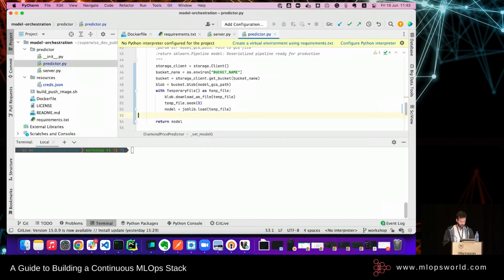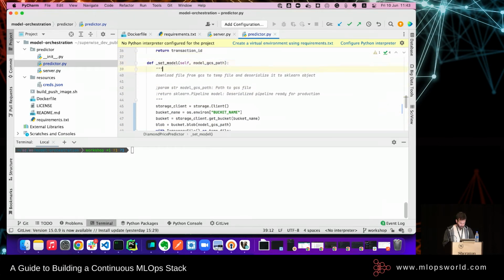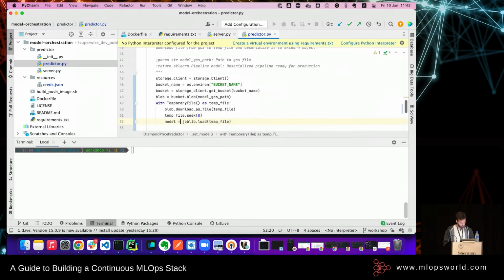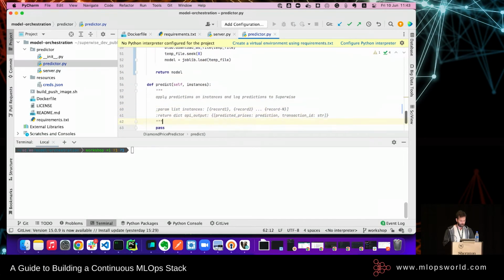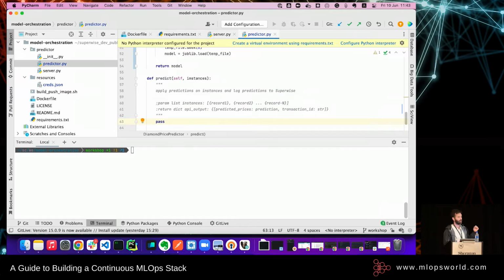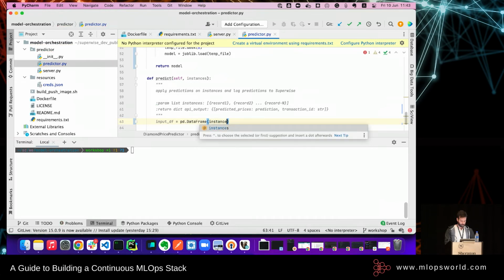Great. So let me just make sure that we're good. Setting the model, we have storage client. Yeah, seems good enough. And now the prediction, if you remember, we're getting a list of dictionaries with the features and the value, like key value pairs. And let's see, so we're going to take the instances. So we're going to do input data frame would be PD data frame of instances.